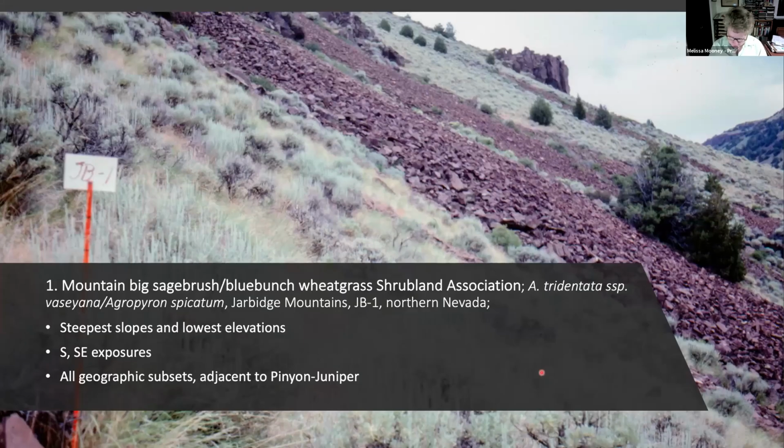So the first one that we're going to see a picture of here is mountain big sage, blue bunch wheatgrass. This occurs throughout the study area. This happens to be actually in the Jarbidge Mountains. And just by way of